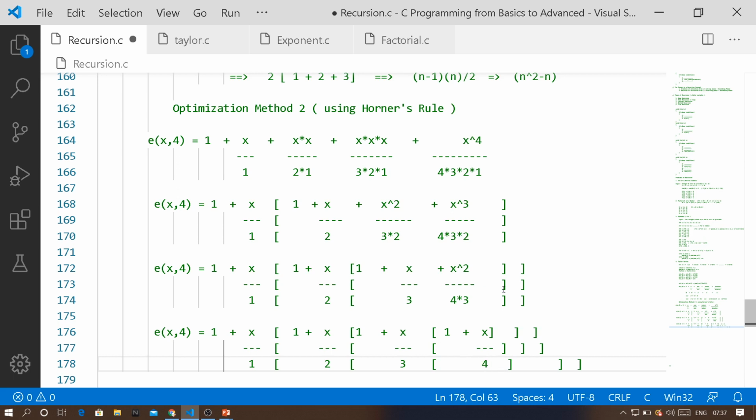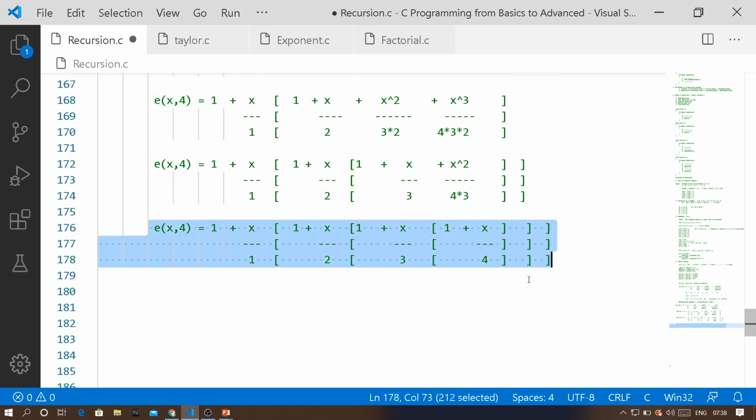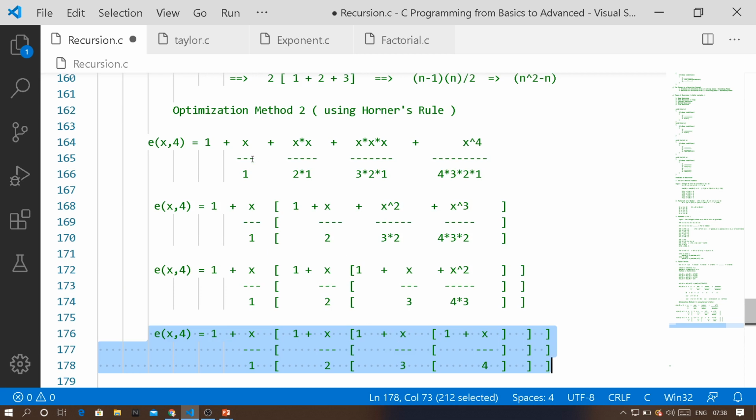Is there any other term? No. At this point, we will be stopping because there are no more common terms to take hereafter. So that is the main reason. Now if you look at the last equation, this is the same as the first equation, but the only thing we have done is take common terms outside.